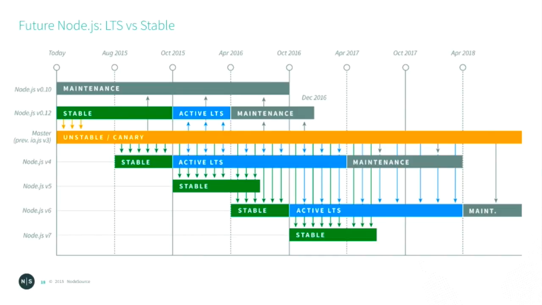So what we have in the middle there is our master branch of Node. That's where all the activity happens. And then on the side, we have these stable release branches that come off. And every 6 months, we cut a new stable branch. And these are the new Semver major versions of Node. Everything's all Semver here. So we've got Node version 4 now.